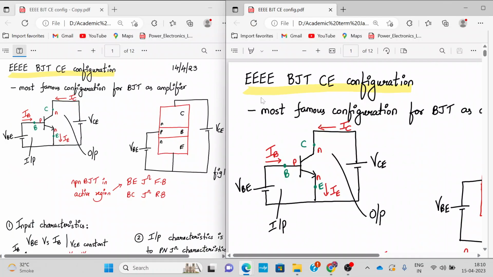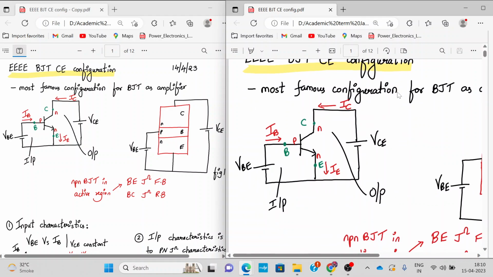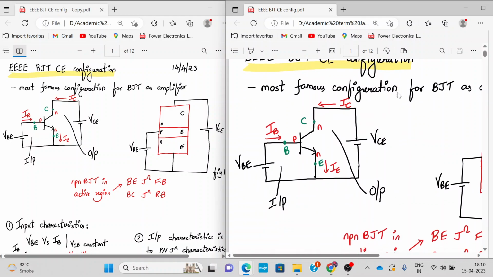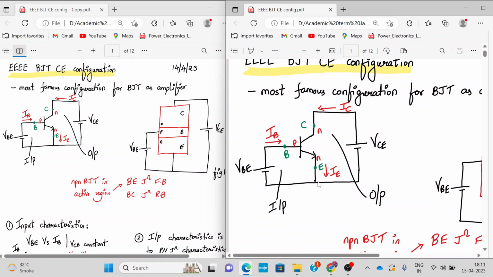Okay, so hello everyone. Welcome to this session, and in this session we are going to discuss the BJT in common emitter configuration. It's the most preferred configuration for a BJT to use as an amplifier. In this configuration, your input is applied between the base and the emitter, and output is taken from the collector and emitter. So we have used here the symbolic view of an NPN BJT, and with the proper biasing